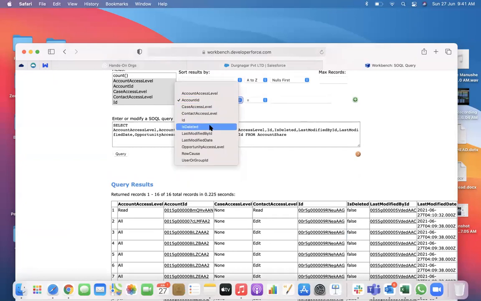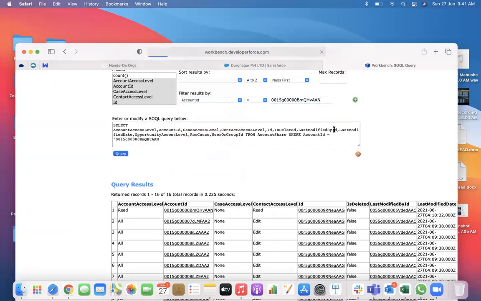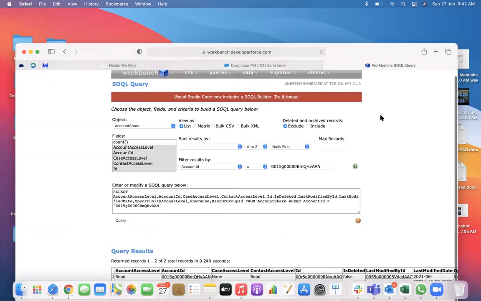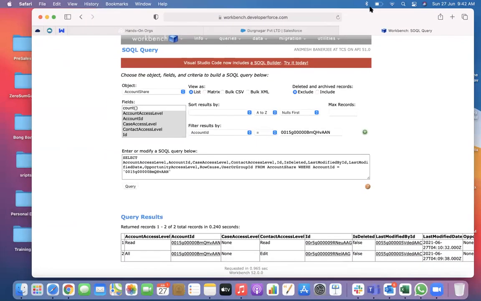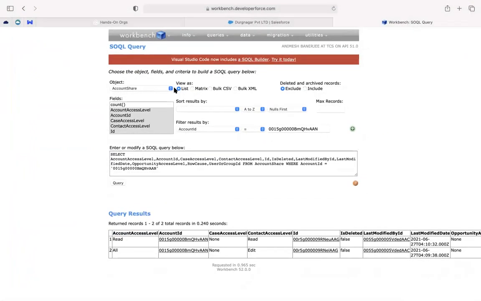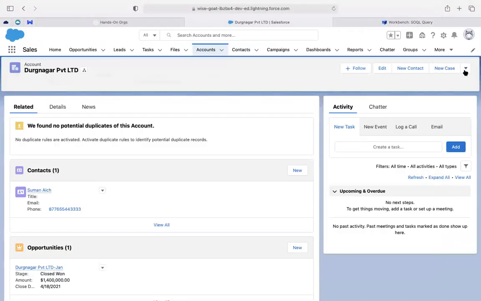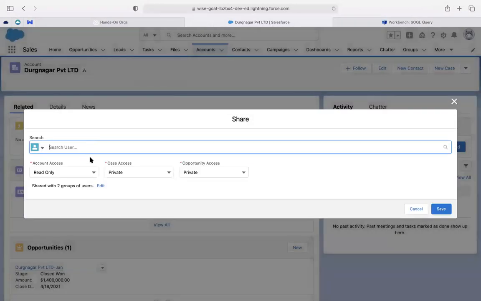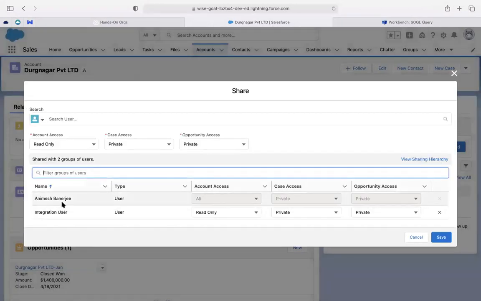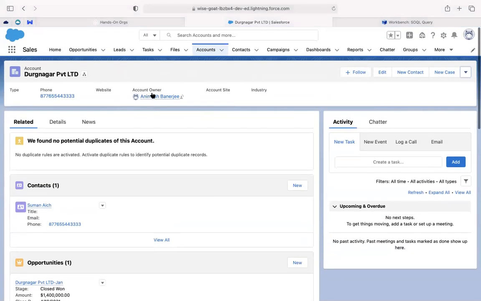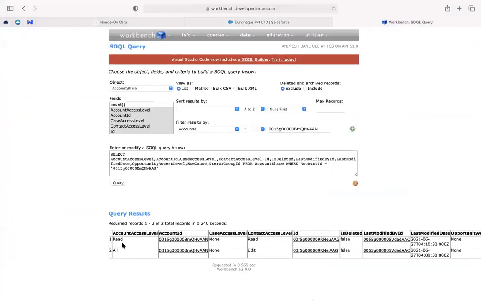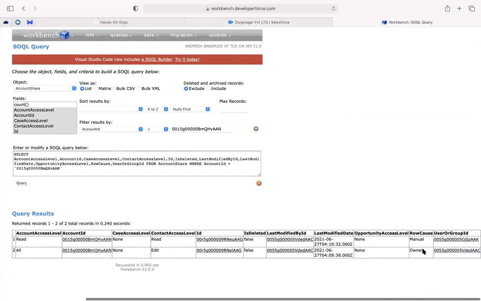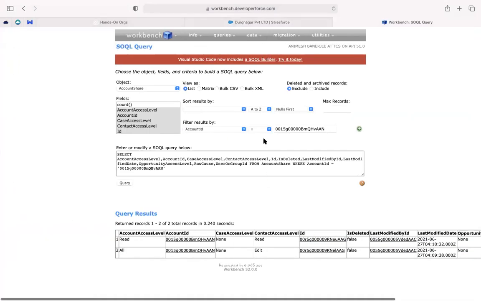That's right. You see two records. These are exactly the two records we are seeing in this sharing. One is the owner, and the second is the person with whom I did a manual sharing. I am the owner here, and that is what you're seeing. One is the owner row cause, and the other is manual sharing, which I have done. We will keep track of this object.